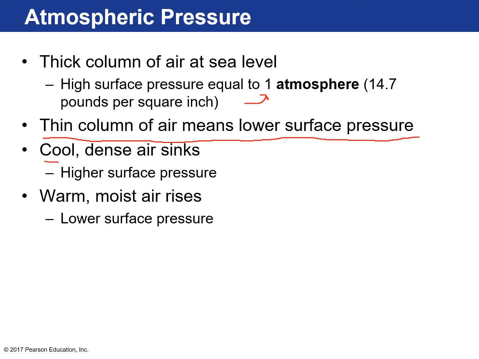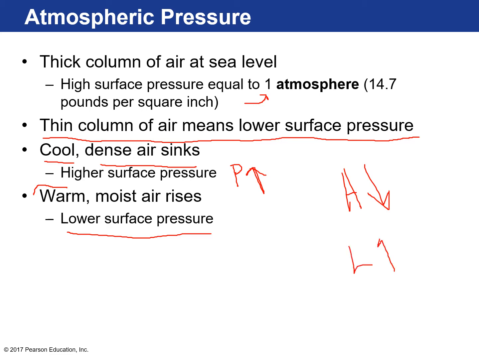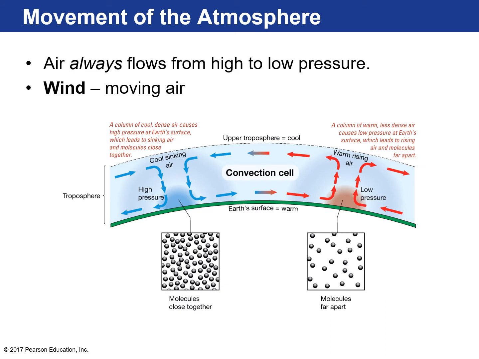Cool, dense air sinks, which creates higher pressure, so P is higher, and warm, moist air rises, and that means you have low surface pressure. So whenever you have high pressure, you have sinking dry air, typically. Whenever you have low pressure, you have rising warm and moist air. That's what helps create the movement in the atmosphere, understanding the different air masses we have,